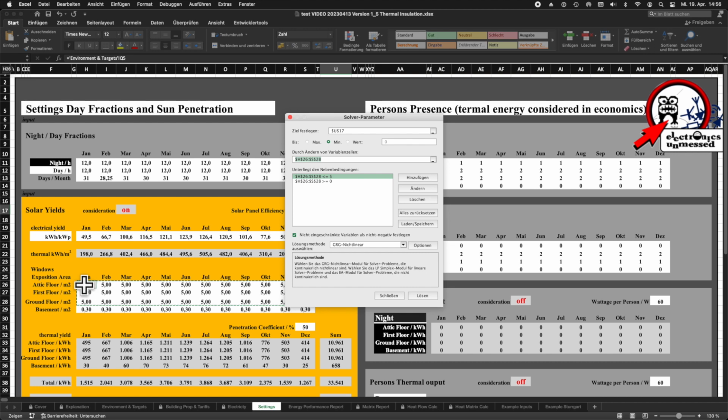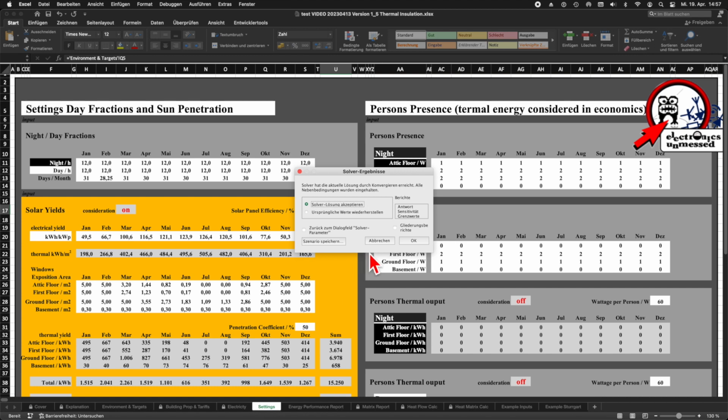So I only mark the windows on the floors to vary. And then we have to define that our target value should be a minimum. And we still have to set boundary conditions for the variable fields. The values in these fields should not be greater than 5. In addition, we must prevent the values from becoming less than 0. Now we can start the optimization process using the GRG method.